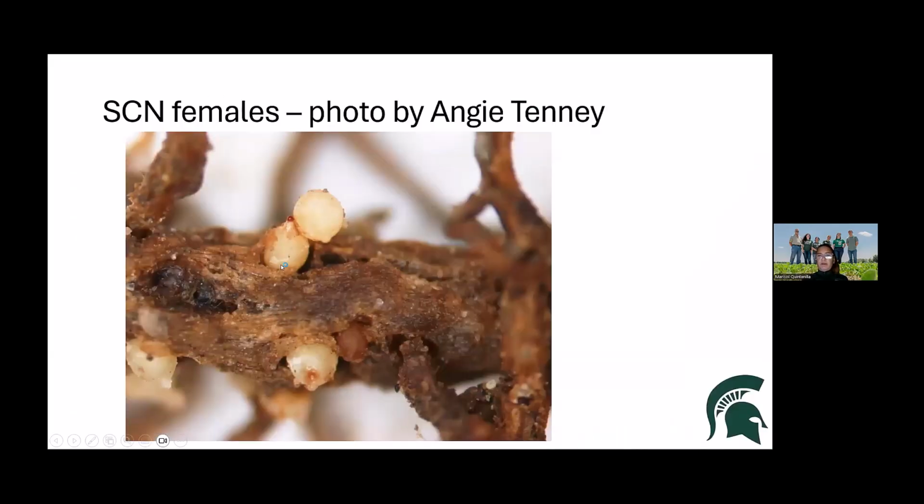Here's a beautiful picture by Angie Teeny, the nematode diagnostician at MSU. By the way, MSU has an excellent plant diagnostic lab. You can submit soil and root samples to the MSU plant diagnostic lab. They are identified by Angie Teeny, an excellent diagnostician, excellent nematologist. If it's soybean cyst nematode, it's covered by the checkoff dollars. But you can see there, those white balls right there, those are soybean cyst nematode females sticking out of the